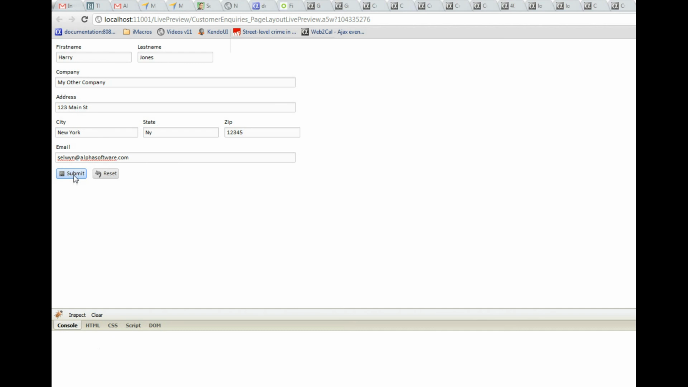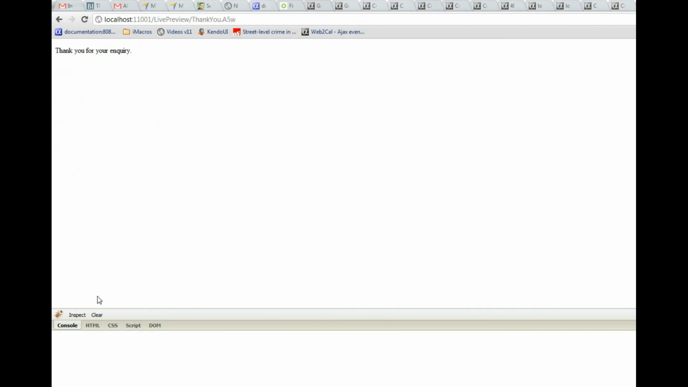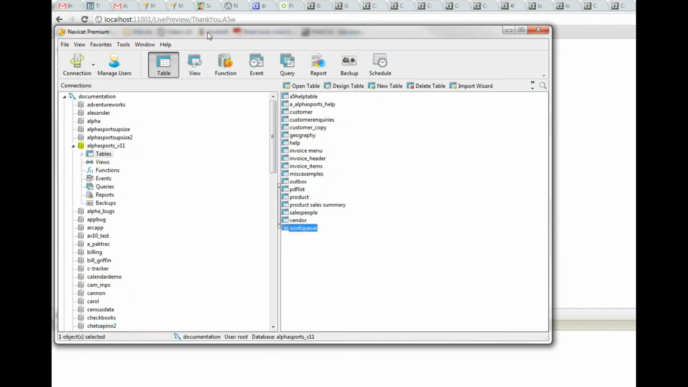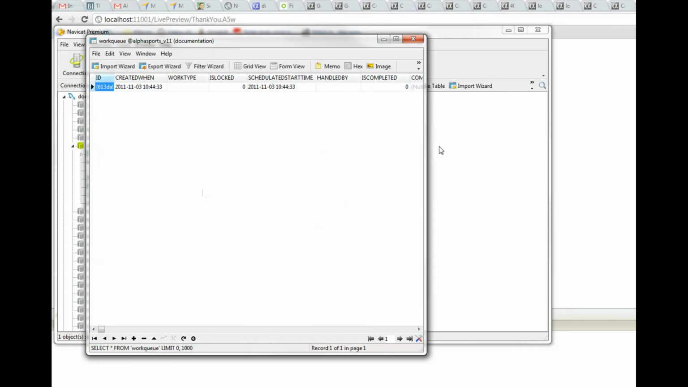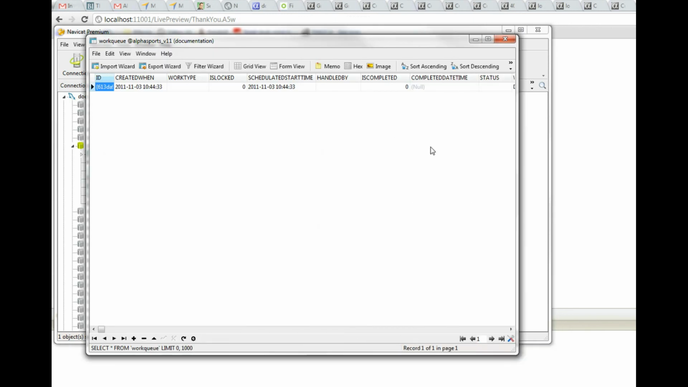Okay, so now I've filled in the form, so I'm going to go ahead and click the submit button, and you can see that in this case we transitioned to the thank you page extremely quickly, because we didn't have to suffer the delay of actually sending the email. So now let's go back to our MySQL database and look at our work queue. So we can see now that there's a new entry in the work queue over here, and if we scroll over a little bit to the actual work to do,